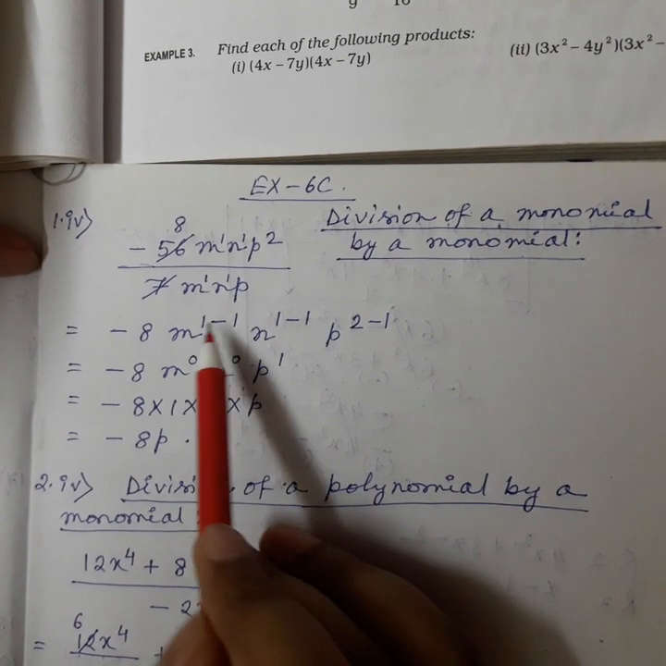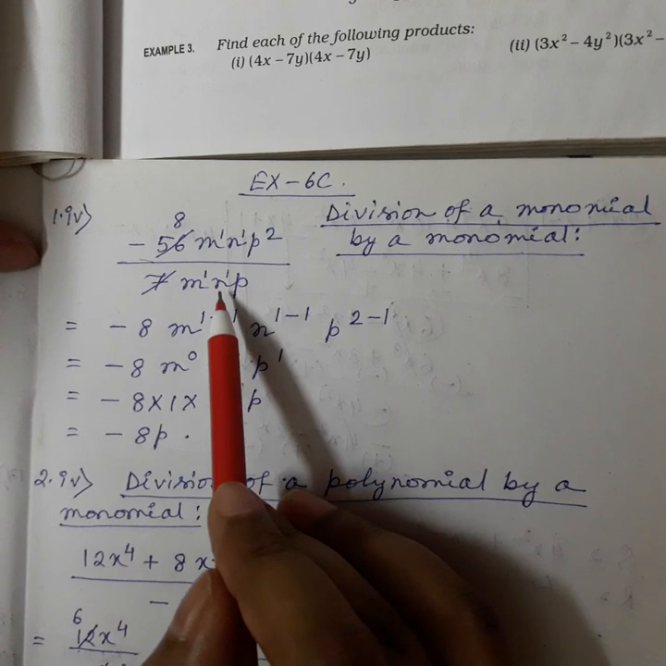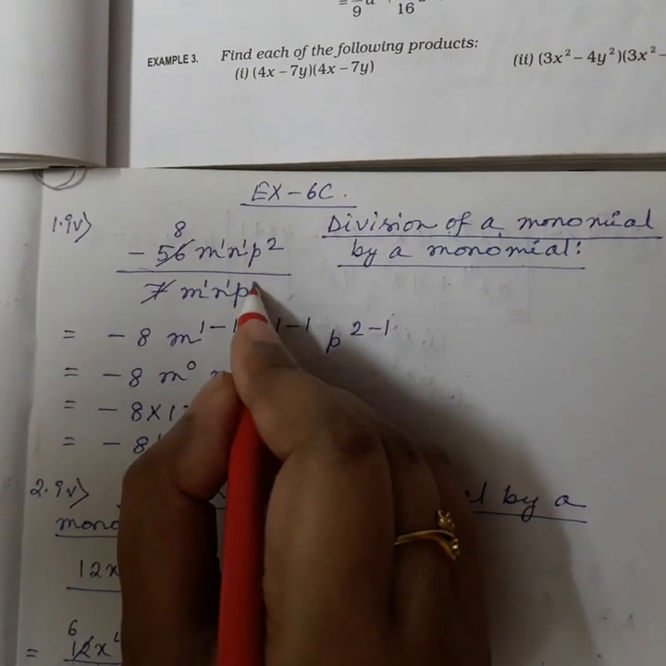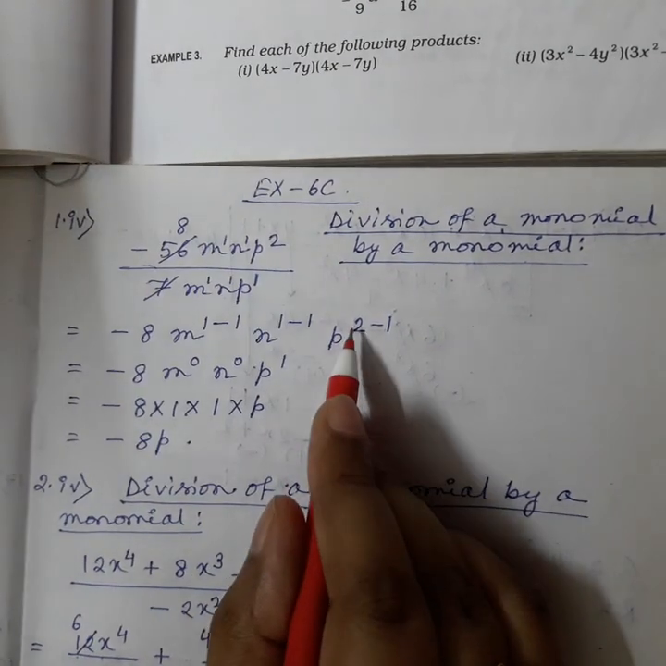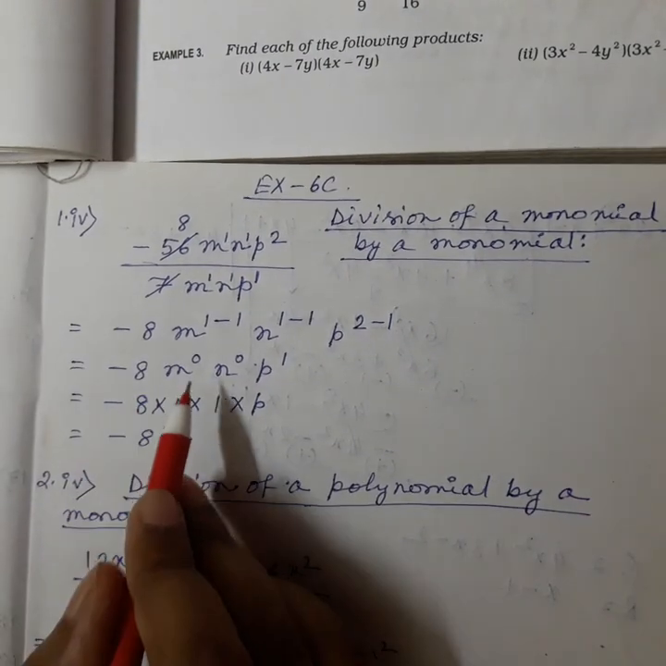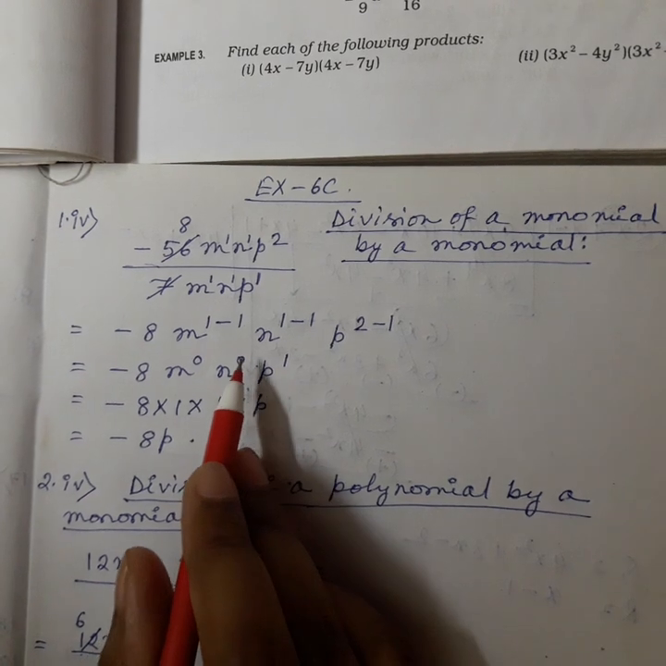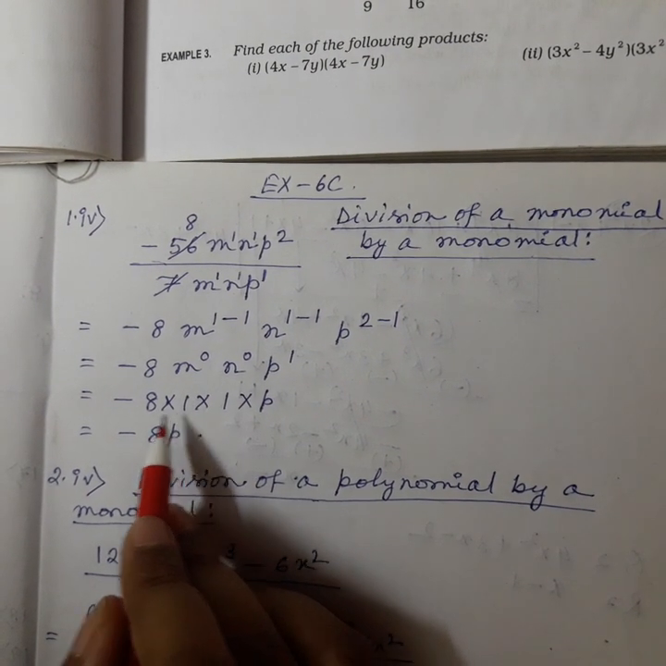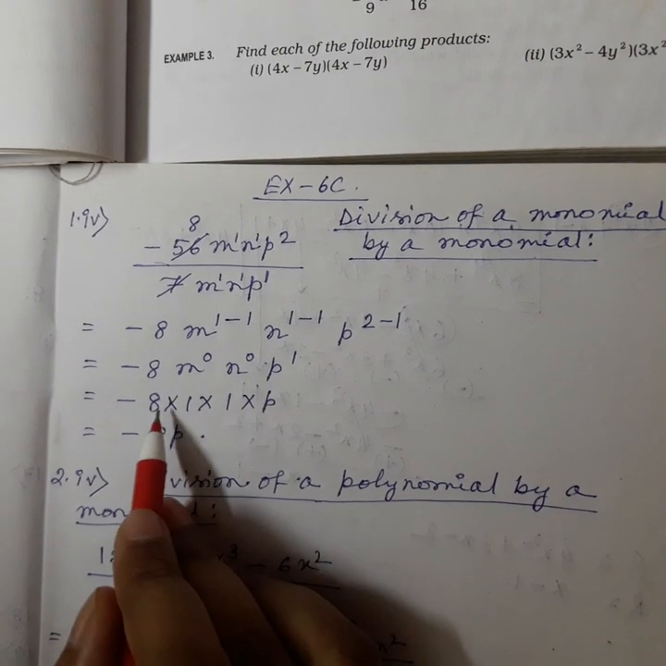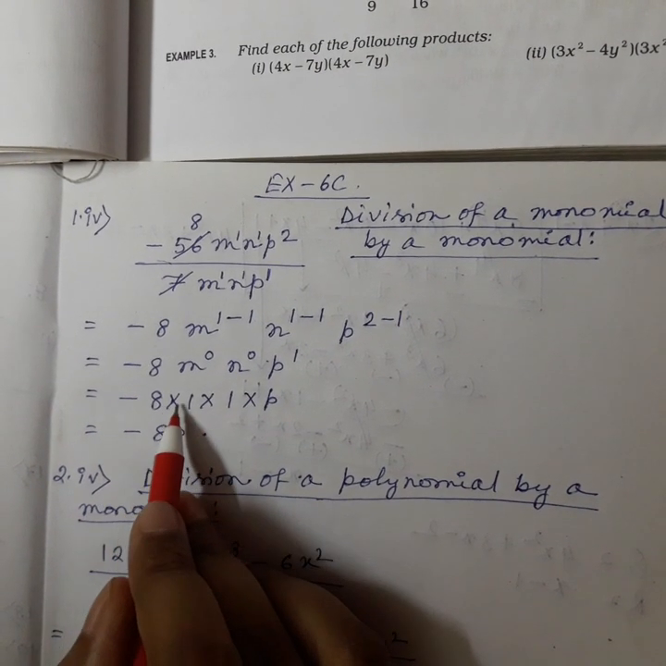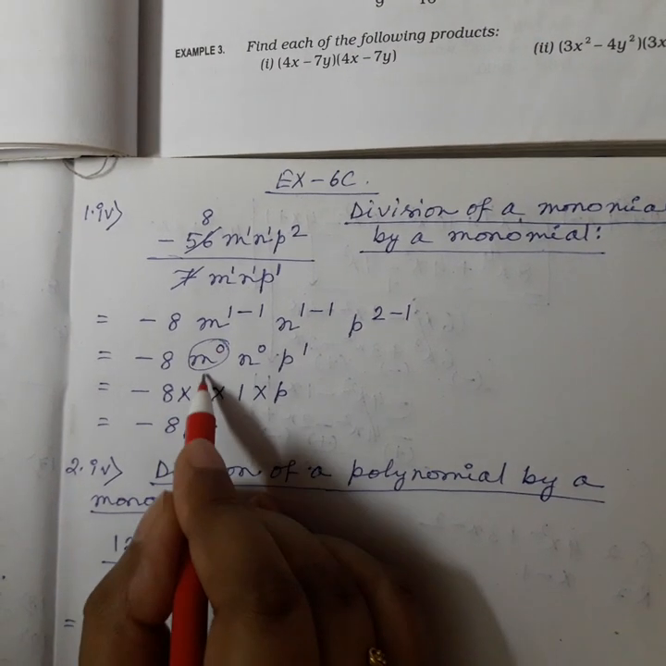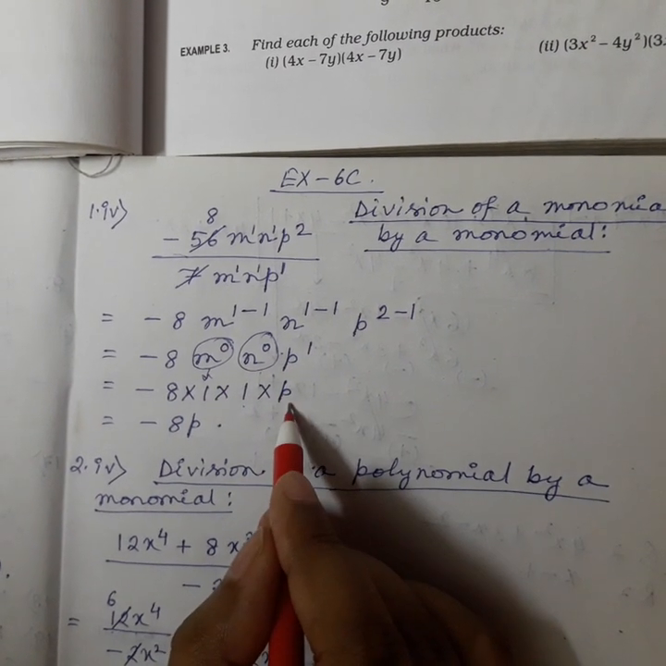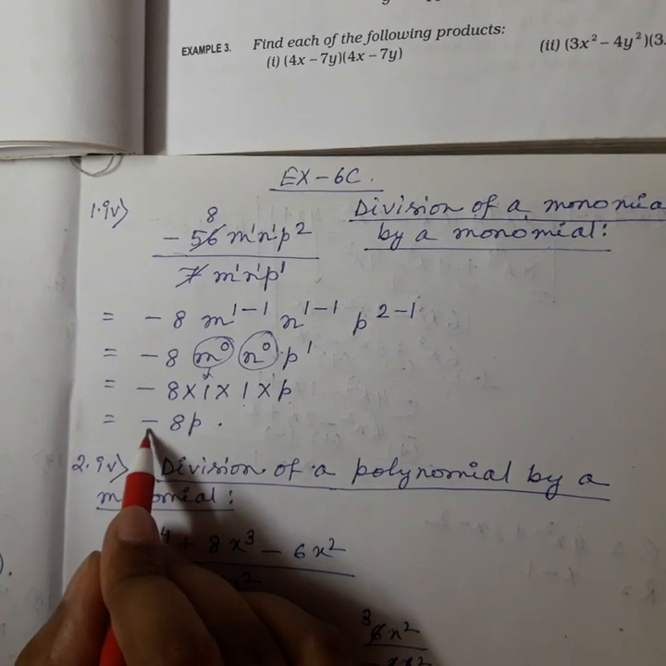So the power will be 1 minus 1. N to the power 1 by n to the power 1 means n to the power 1 minus 1. And p square by p means p to the power 2 minus 1. Minus 8 m to the power 0, n to the power 0, p to the power 1. Some number to the power 0 means 1, we know. And these are in multiplication. So what we have written: minus 8 into m to the power 0 means 1, n to the power 0 means 1 and p to the power 1 means p. So it's coming minus 8